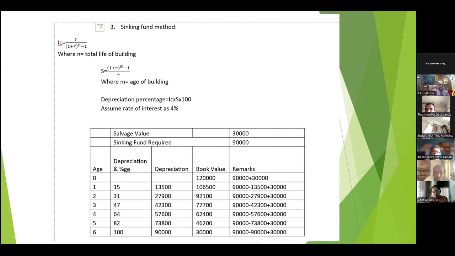This is how this sinking fund method works internally. हो सकता है डाटा में कुछ मैनिपुलेशन किया गया, इंटरेस्ट रेट हमने 4% दोनों में ले लिया, ऐसा नहीं होता है, दोनों में डिफरेंस होता है। लेकिन जस्ट आपको कैसे ये इंटरनली वर्क करता है, हाउ इट वर्क्स इंटरनली, ऑल दिस मेथड, दिस क्वेश्चन इज जस्ट टू मेक यू कन्वर्सेंट विद दिस वर्किंग ऑफ दिस फॉर्मूलास। प्रैक्टिकली ऐसा नहीं होता, सिर्फ आपको समझाने के लिए।